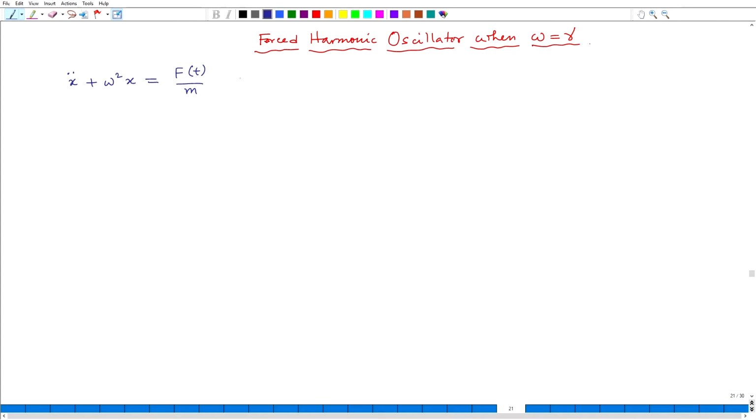So, this is a non-homogeneous, once again second order, non-homogeneous, linear ODE, ordinary differential equation in x. And we said that if f is periodic, so that means f by m times some cos of gamma t plus